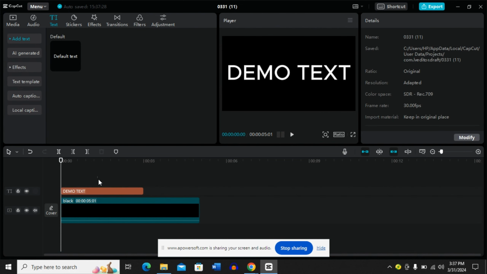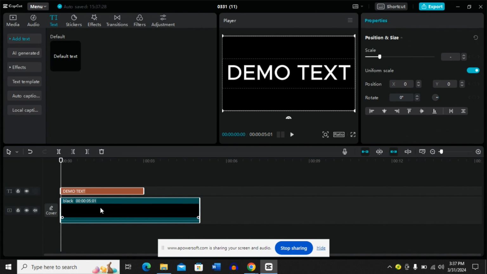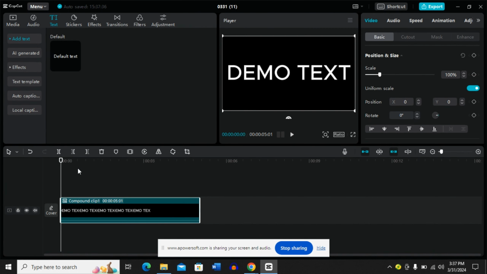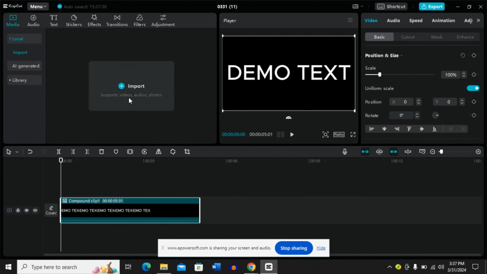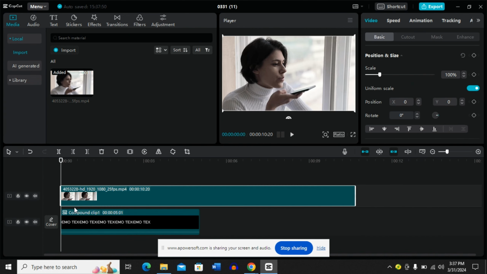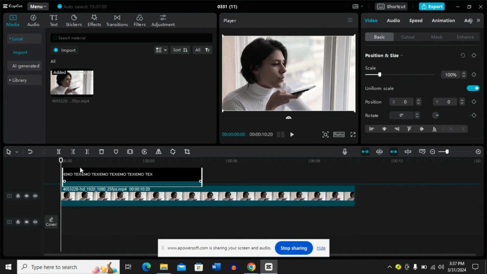And then once done, you have to just select the text and the video over here and then right click and create a compound clip. Once a compound clip is created, now go to the media section and import a video from your desktop. And now you simply have to add this video to the track over here